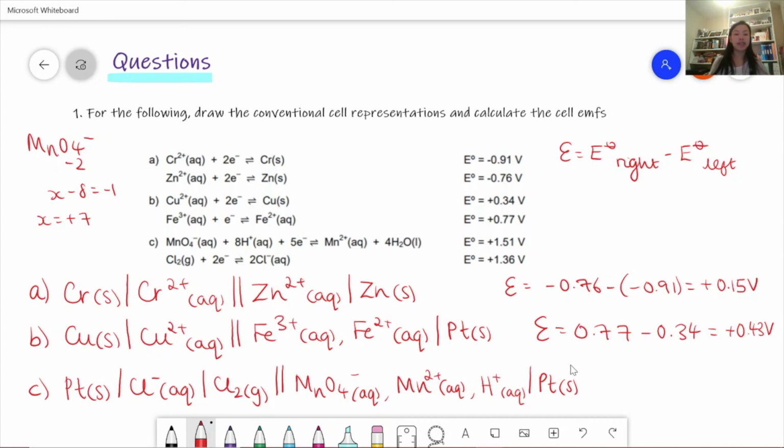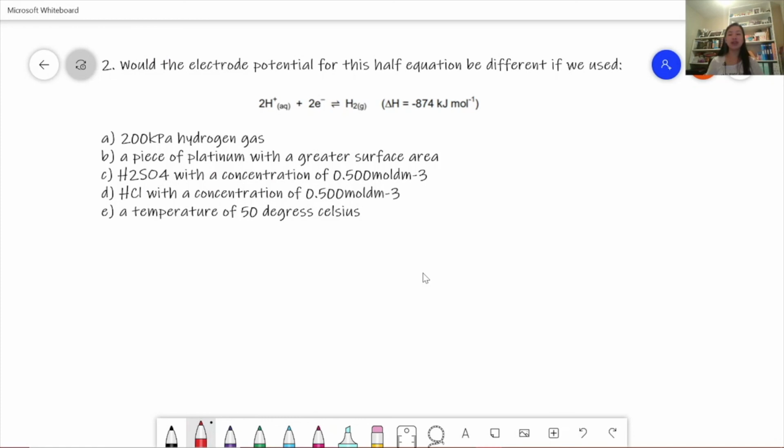So the EMF for this cell would be equal to 1.51 minus 1.36, which equals plus 0.15 volts. So before I move on to question 2, feel free to click off the video and try it for yourself first. It asks us, would the electrode potential for this half equation change if we used all these different